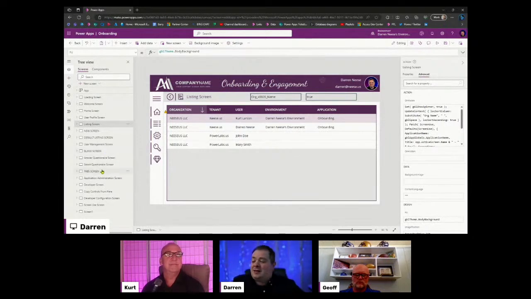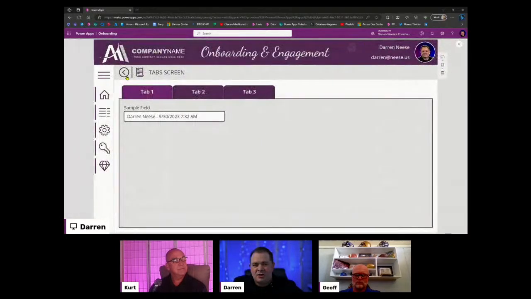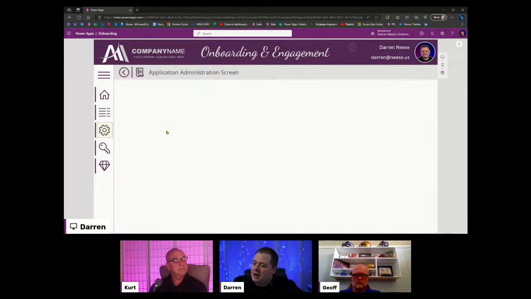And if you have a lot of fields, generally I'll go with some type of a tab screen like this. Okay. So I think what I may do here is work on some edit screens. A good place to start would be the application administration portion of your application. Would you agree with that, Kurt? Absolutely. There's all kinds of little edit screens that you need for drop-down lists and setting up the data for